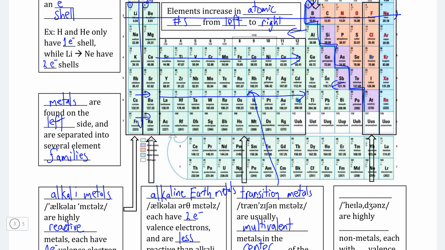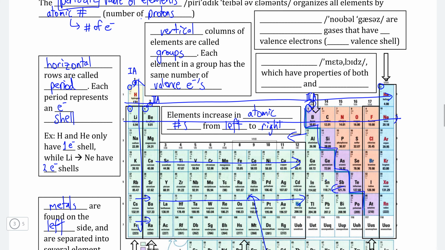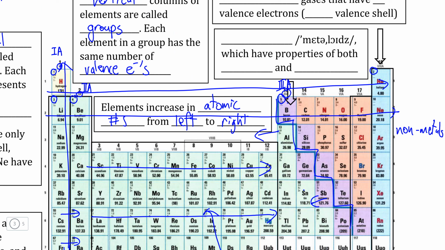If we go all the way over to the right-hand side of the periodic table, all of the elements that are not colored in light green, these are going to be our nonmetals, which will also be grouped into several families. So the first family that we're going to look at are the purple-backed elements here that kind of straddle the metal-nonmetal dividing line,